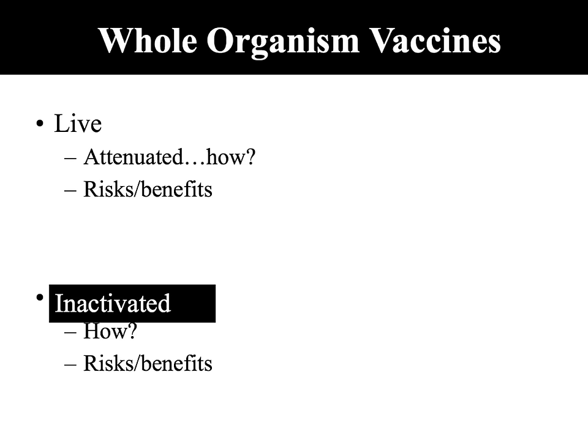This is also where this color coding starts. So anytime you see black and white, you are looking at a whole organism vaccine. Whole organism vaccines are going to fall into two different categories. The first is live and the second is inactivated. So these are living things, these are dead things. As mentioned, live vaccines are always attenuated. They can be attenuated in multiple ways. The first thing I would point out